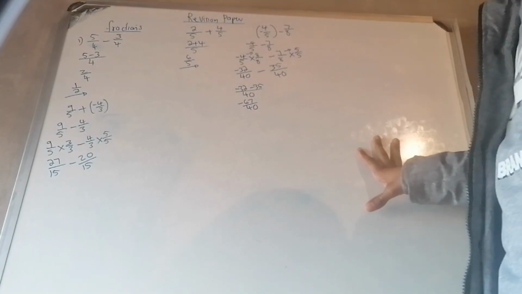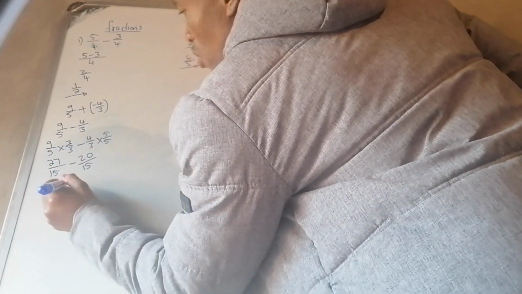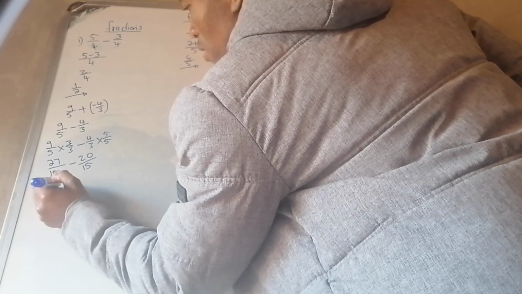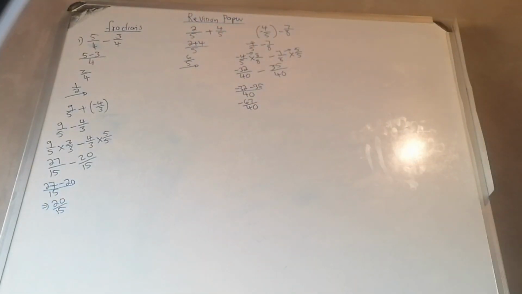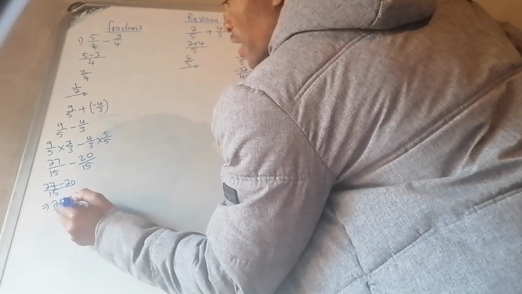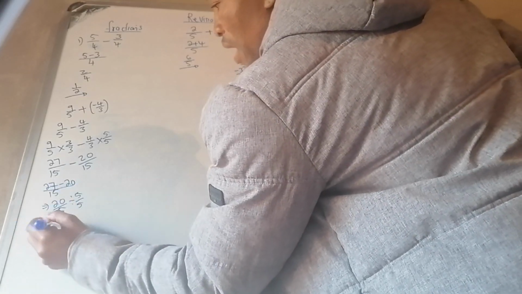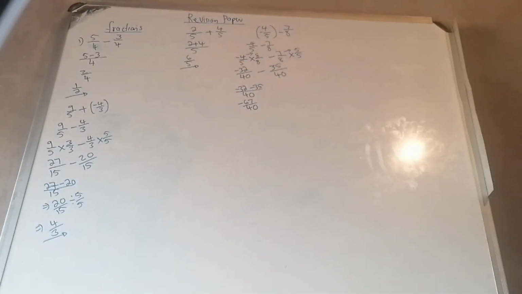Now that the denominators are the same, we write the denominator 15, and also 27 minus 20. You get 7 over 15. Right, and then when we are done with part 1 on simplification,